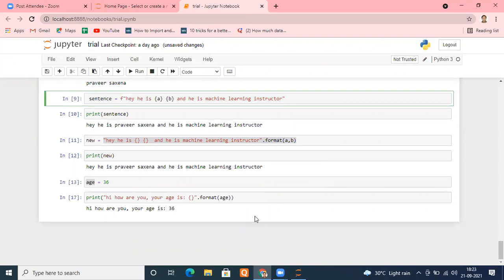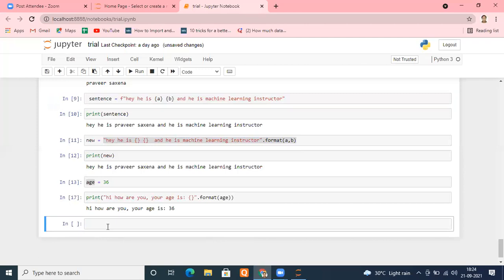Let's move ahead now. Now we are moving to another topic, which is known as strings again, but string methods. What are the methods? Remember, whenever we are talking about functions inside a class, functions of a class, then those functions are known as nothing but methods. Remember, that's it.